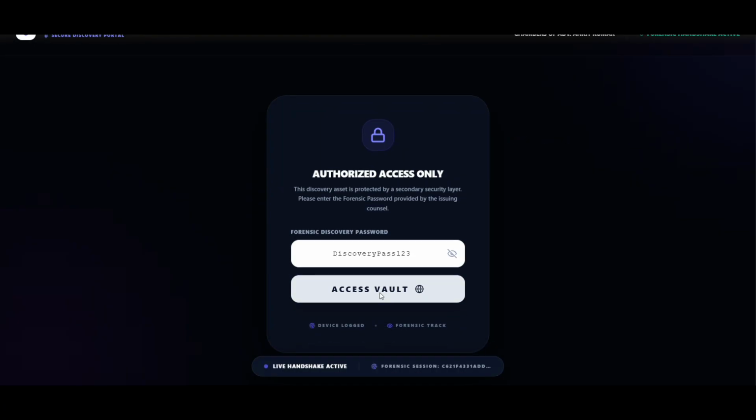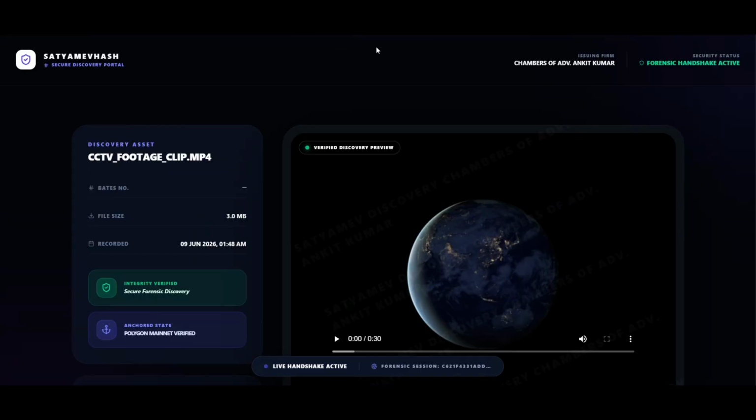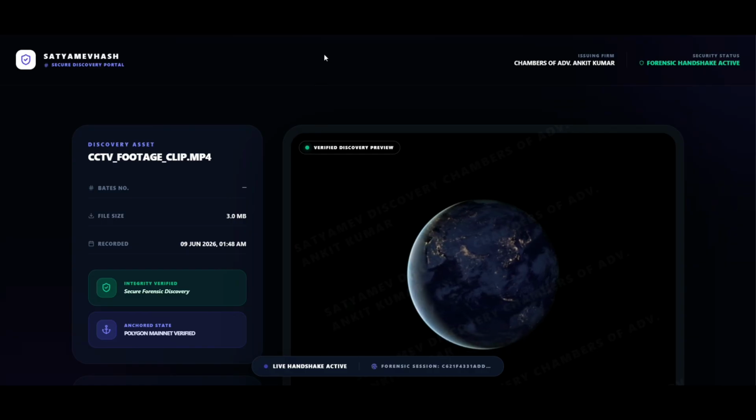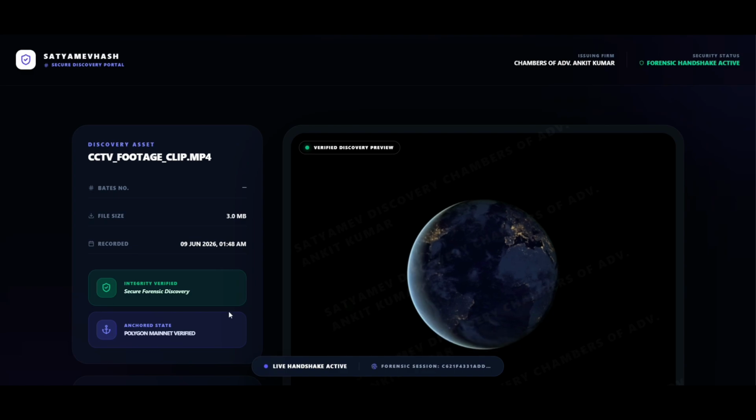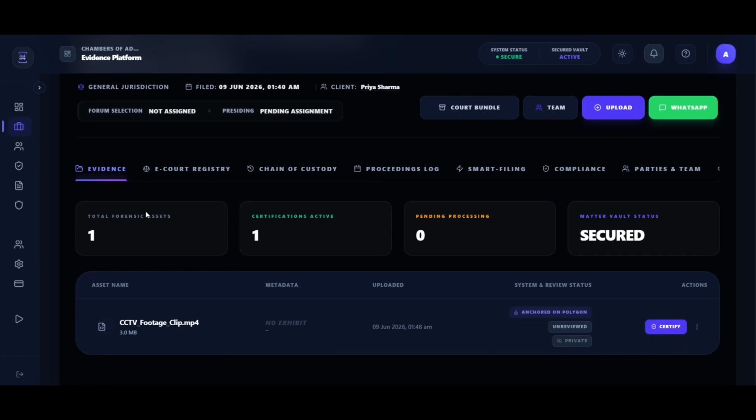Copy the secure link. When the opposing counsel or judge opens it, they will be prompted to complete a secure handshake by entering the PIN code you provided. Once verified, the recipient enters a secure, read-only portal. They can browse the interactive chat timeline and search for keywords, but cannot alter the data or download the raw